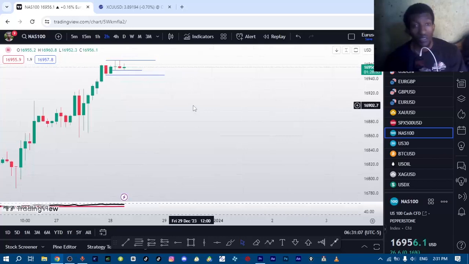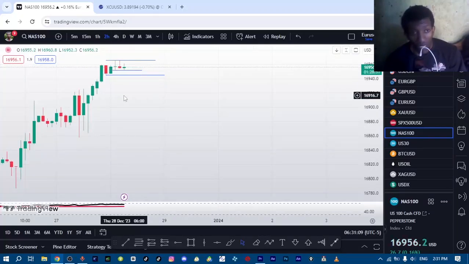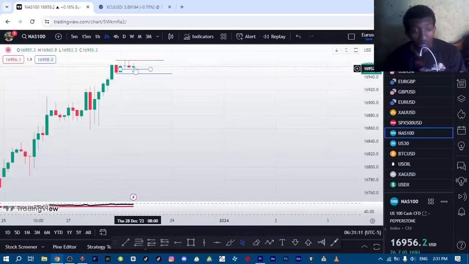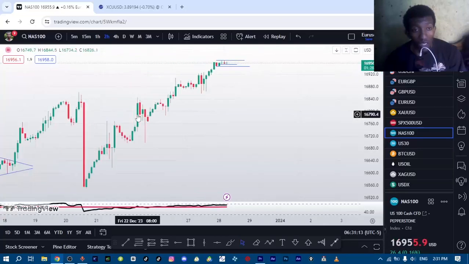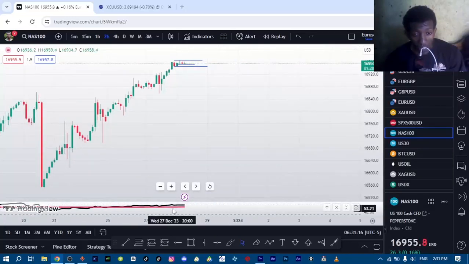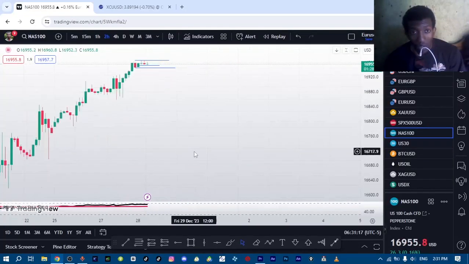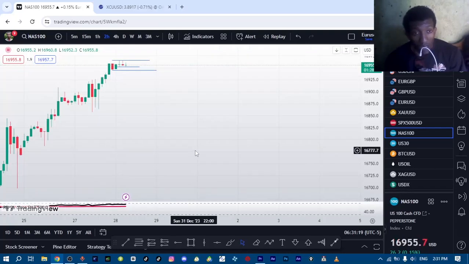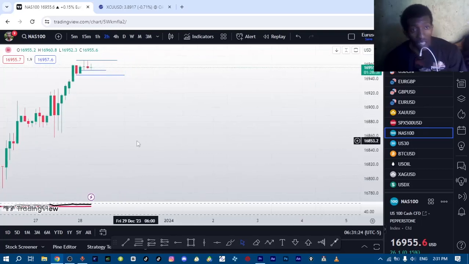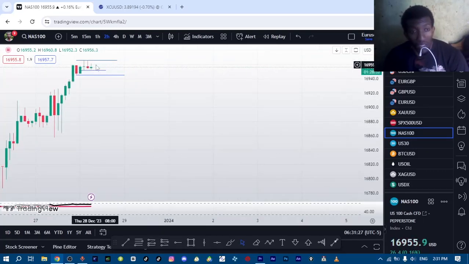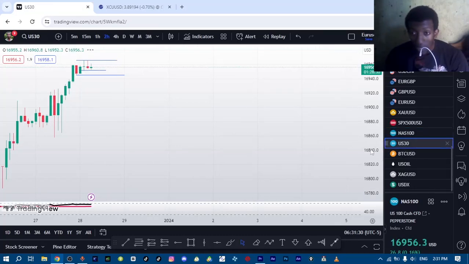So all we want is a breakout. So I will be waiting for this to break. It does seem like they were in an overbought position, so I think this thing might fall down. So that's not our concern. So after putting this thing, just go to the next currency pair and